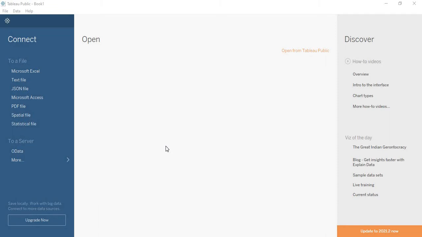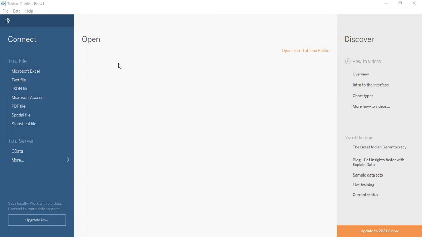Today we are going to see how to create a dashboard in Tableau that will enable the user to select the measurement that they want to see in the graph. For that I'm going to use the data set called the Superstore dataset, which is a familiar data set for learning Tableau, and it can be easily found on the internet. I had downloaded it to my local machine, and now I'm going to load the data into my Tableau Public.